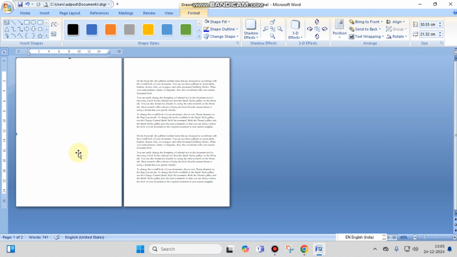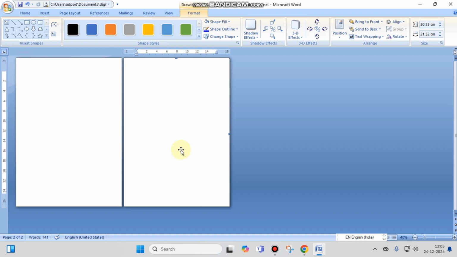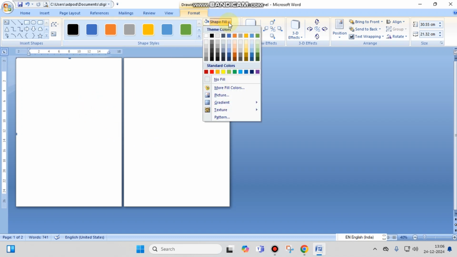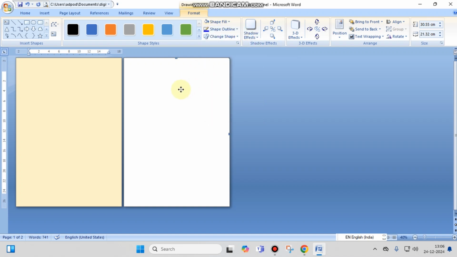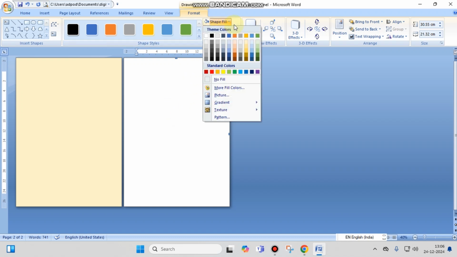And after that you have to hold Control and Shift, and then you can drag and drop to totally fill the page with that shape. After that you have to choose the first page color, the one that I like to give for the first page, and for the second page I would like to choose this color.